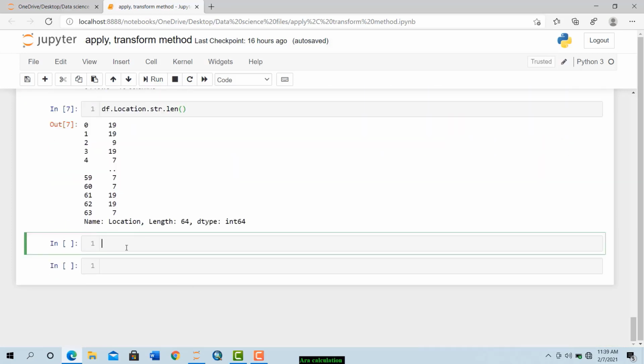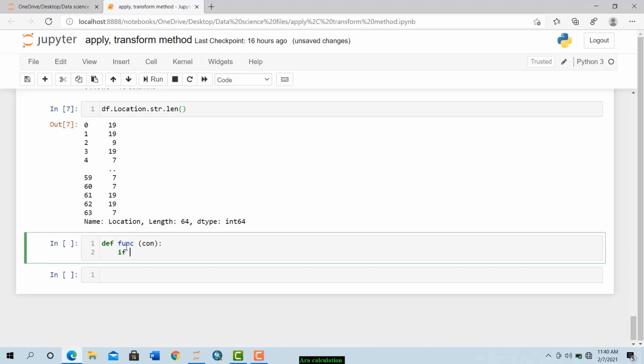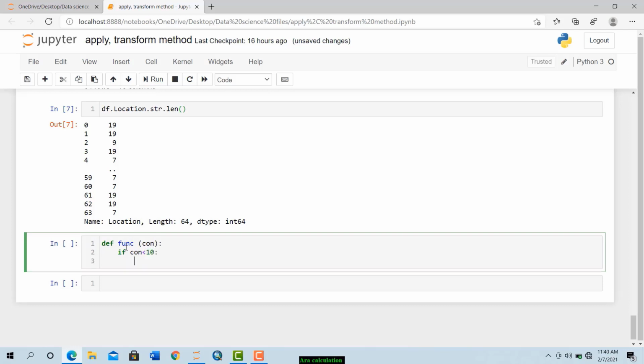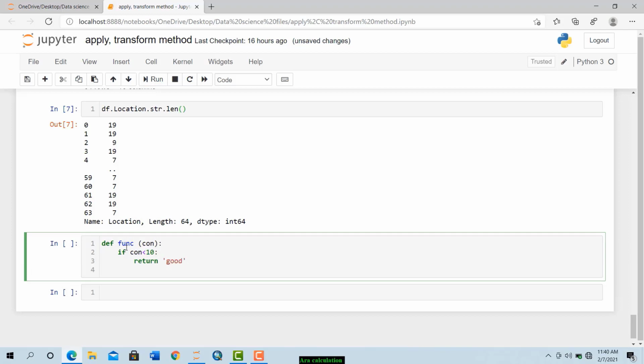For that, first we are going to define our function. Function name, let's say func. Now here our column name, concentration, con. Fine. So if concentration is less than 10, then what we will return is, return what? Return good water quality. Fine. And if concentration is greater than 10,